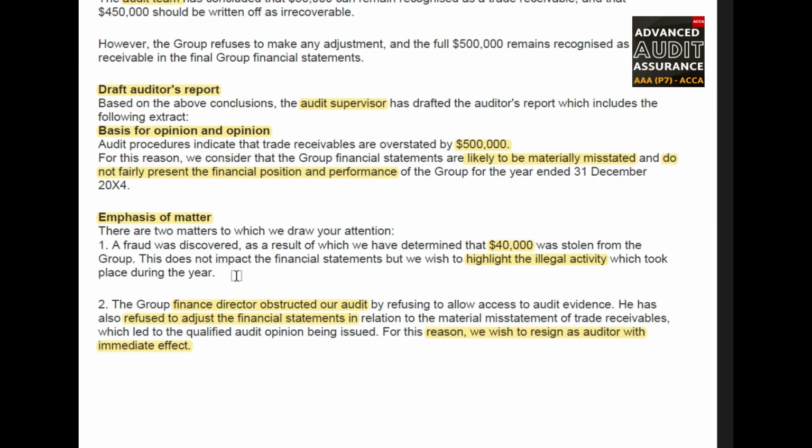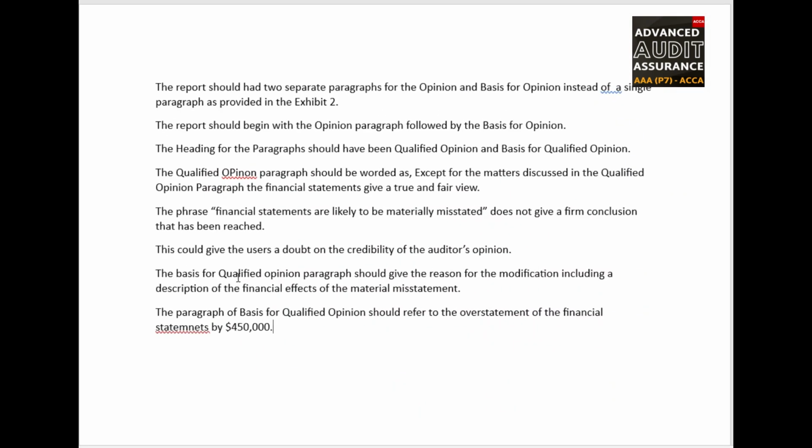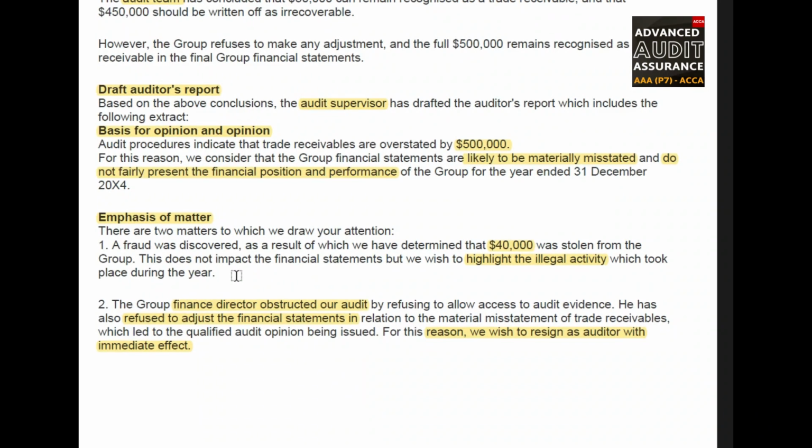See, the emphasis of matter says a fraud about fraud, and that the finance director obstructed the audit. We would make use of this information and we would start making points. Let us come back over here. Now, since we determined that $40,000 was immaterial to the financial statements, but we are provided with the figures, we would make use of the figure appropriately. So what we can say is,